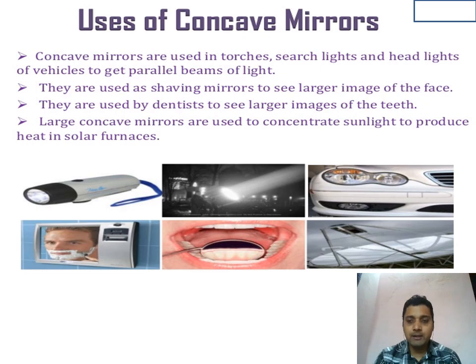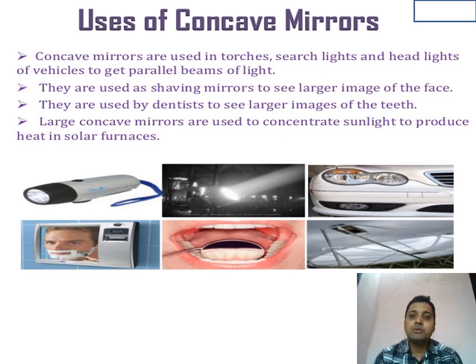They are used as a shaving mirror, means when the object is very near to the mirror, or between the focus and pole, it forms a straight image but magnified. So even in case of shaving, to see small facial hair, we keep the face near to the mirror, so it forms a magnified image, but that is a straight, erect image. And they are used by dentists to see a larger image of the teeth. That also is kept near, the size will increase, but erect, so they are able to know any defect in the teeth.